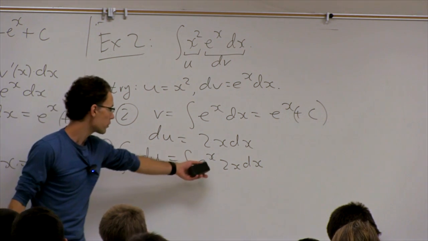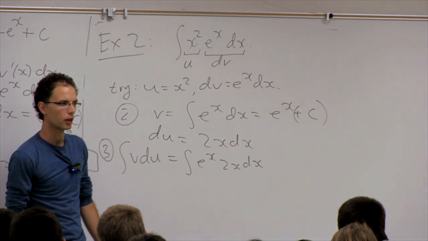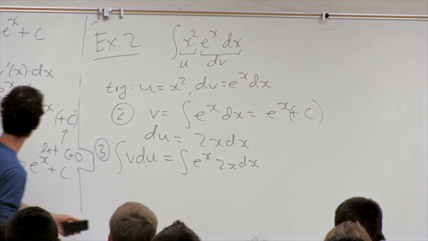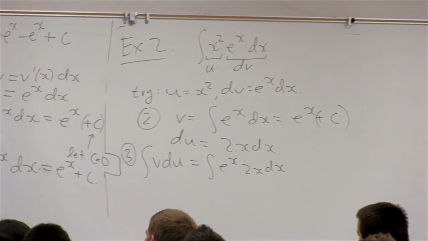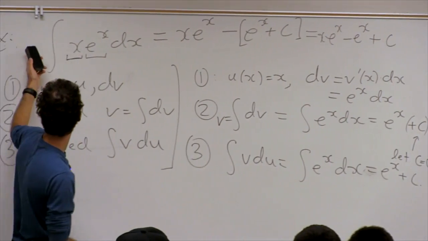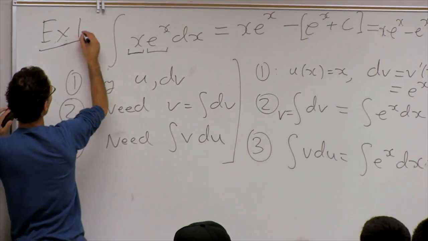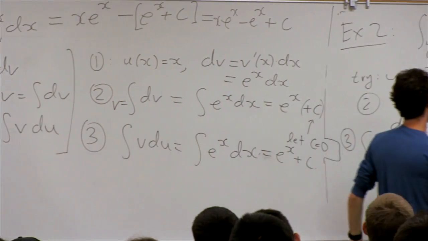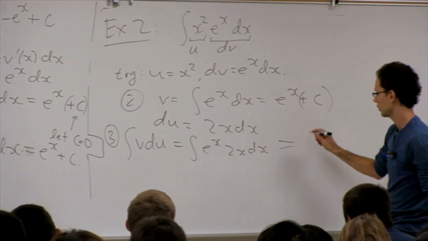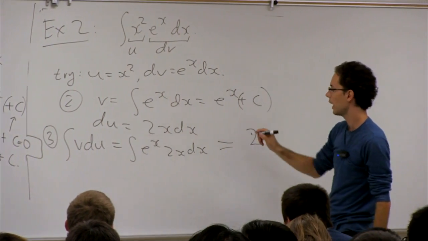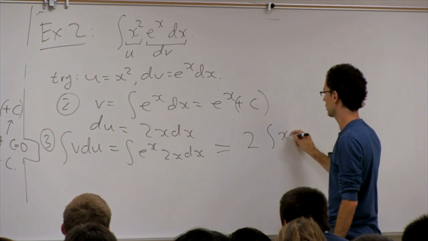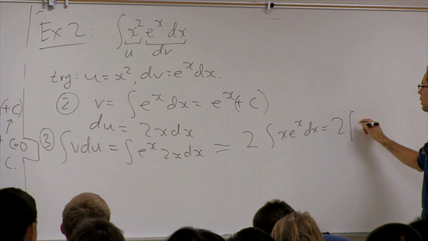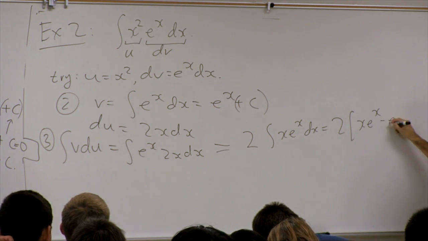And so if you started with this guy here, you might be stuck. Because, oh wait, I don't know how to do this integral. Except, I actually already did it. It's computed right here for you. This is my first example, let me call this example 1, where we compute this integral, and I can use this result from before. And now I have the answer for this integral here. It's just twice what I had before. Right? This is x dx, and that's twice x e to the x minus